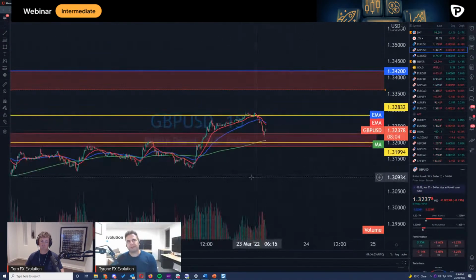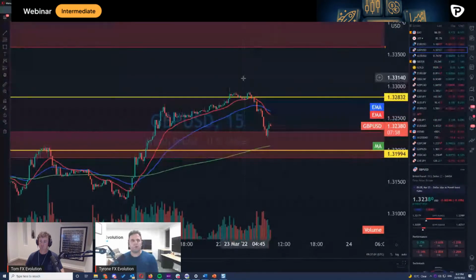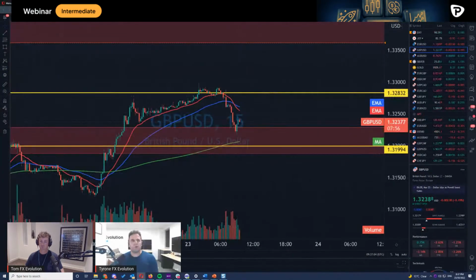What we're looking for, and this is where you've got to be mindful, comes down to how much time you've got. Are you in front of the charts all the time, or are you only looking at it a couple of hours a day? If it's in that rectangle and you start to see a series of lower highs and lower lows on a smaller time frame, you could be getting the signal that your profit might be starting to reach its maximum. It may not get as far as it needs to go. So definitely you're looking for that change of trend.